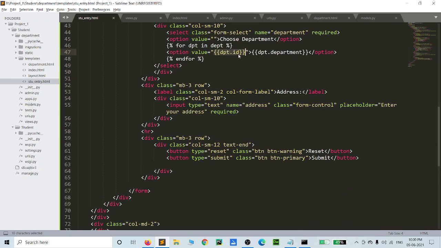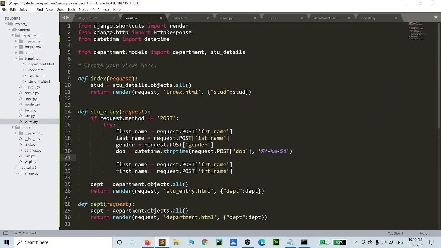Which id we have to fetch for our department, the system doesn't know, it doesn't understand which id it should store in the student database entry. So first of all we fetch the id and store it in the student database department. How to write this?